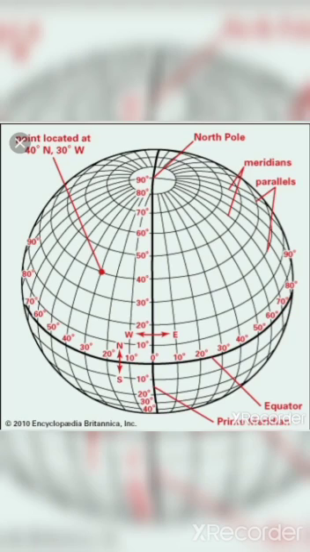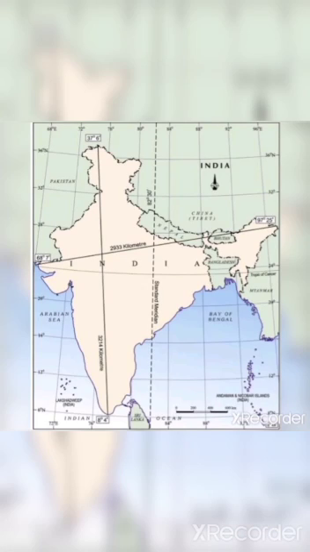When we are traveling from west to east, we gain time of 4 minutes to cross every longitude. At the same time, if we are traveling from east to west, we lose 4 minutes to cross every longitude. As our country is located between 68 degrees 7 minutes east and 97 degrees 25 minutes east longitude, we have almost 30 degrees extension. If we take the example of Arunachal Pradesh, which is on the east side, the sun rises first in this state, and by the time it comes to Gujarat, we will have a time variation of 2 hours.